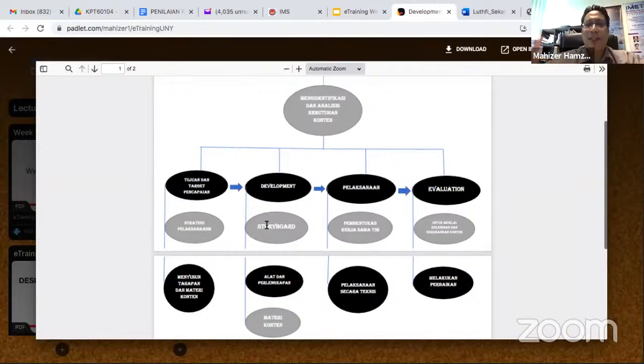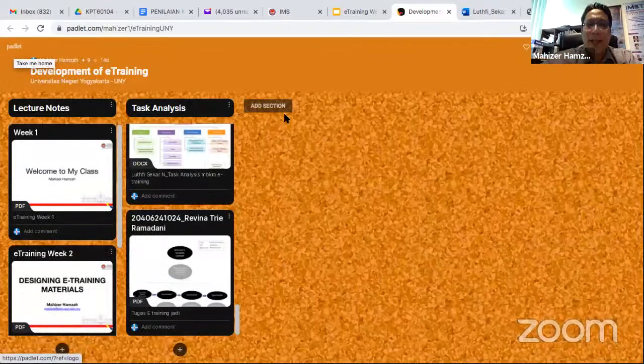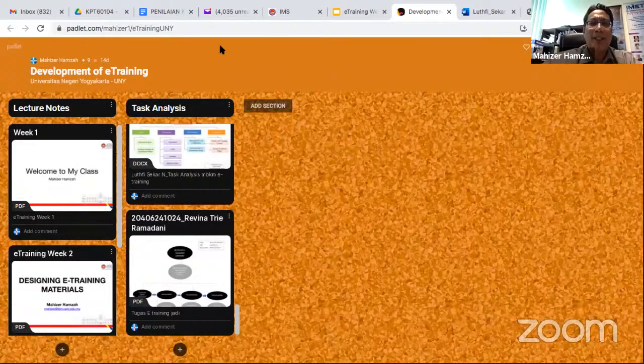Okay, so in this case, you have about 5 to 6 units. That means the trainee has to go through 5 to 6 units in order to achieve that goal. So that's why I want you to come up with this task analysis, because we can discuss it here on the module development, why this task analysis is important for you to develop your material. Okay, I go back to our presentation just now.